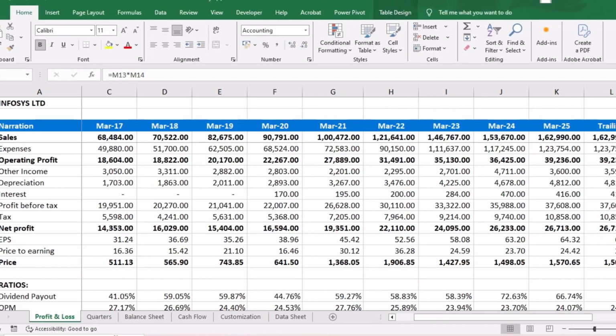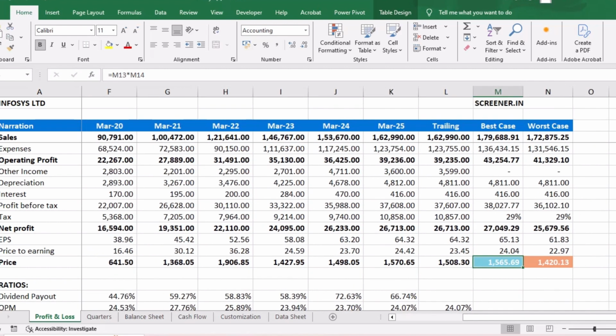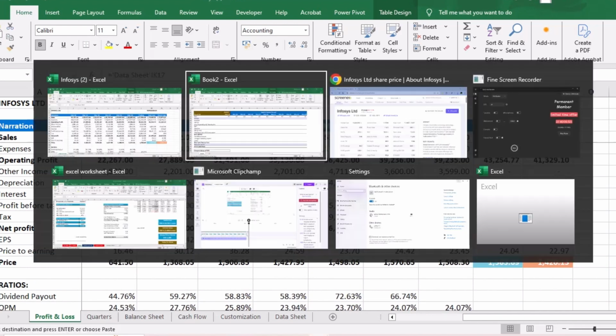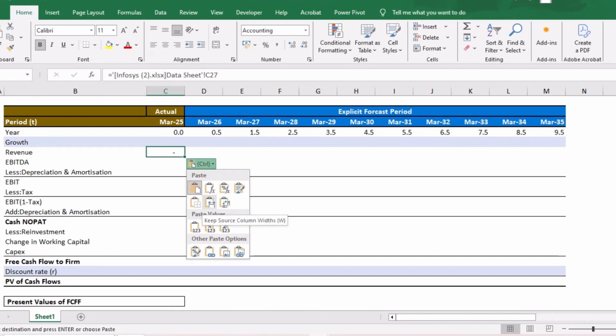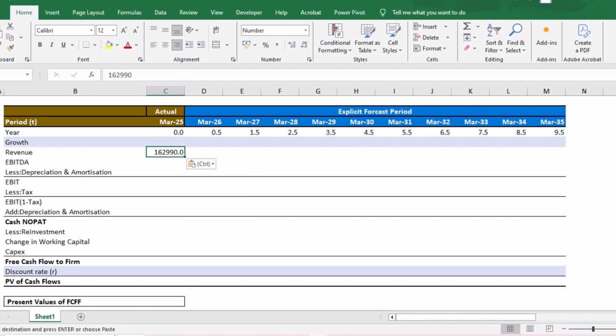Okay, so first we need sales. We'll copy this, paste this over here. The referencing here is wrong, that's why it's taking the wrong figure. This is the figure. Okay,